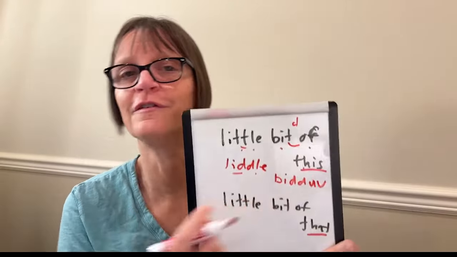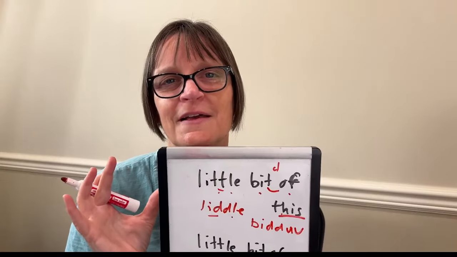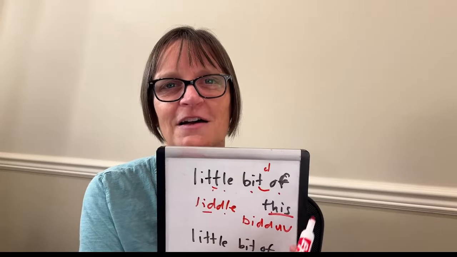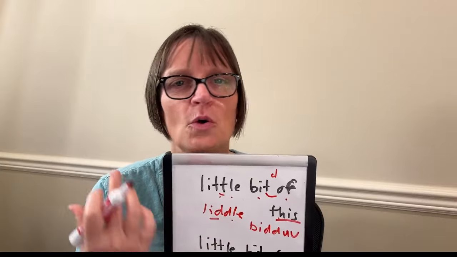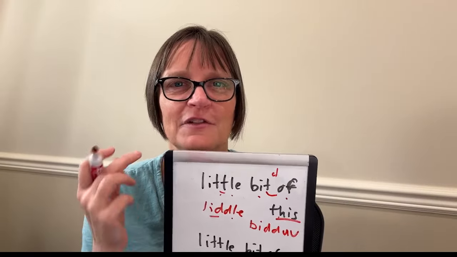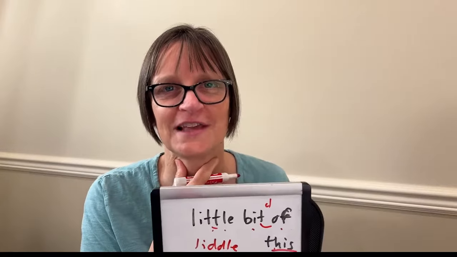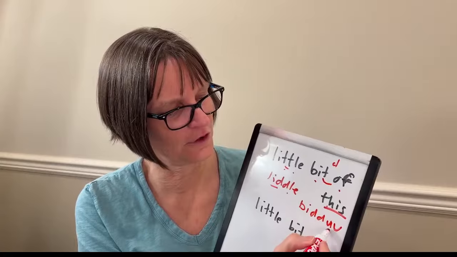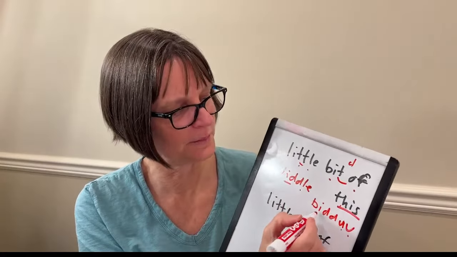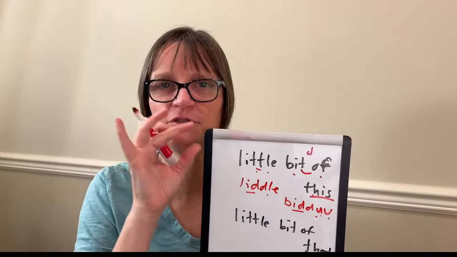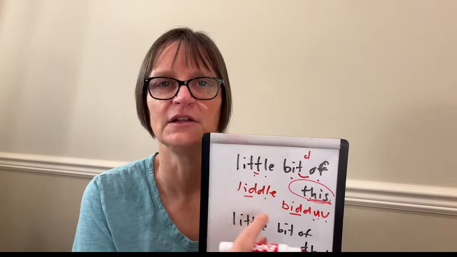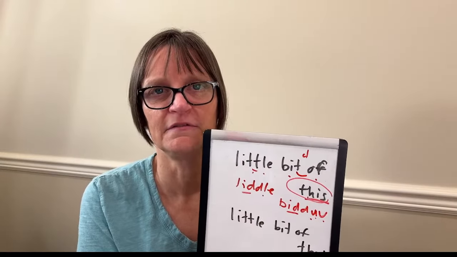So "of," another really common word that sometimes people mispronounce because of how it's spelled. It has the uh and the v sounds. No O sound, no ah sound, no F sound. It's very strange. We rarely have the letter F saying the voiced V sound. So I've rewritten that here for you with U and V. Little bit of, little bit of. So "bit of," that's kind of the stress pattern. Stress on release, main stress on this. Little bit of this, little bit of that.